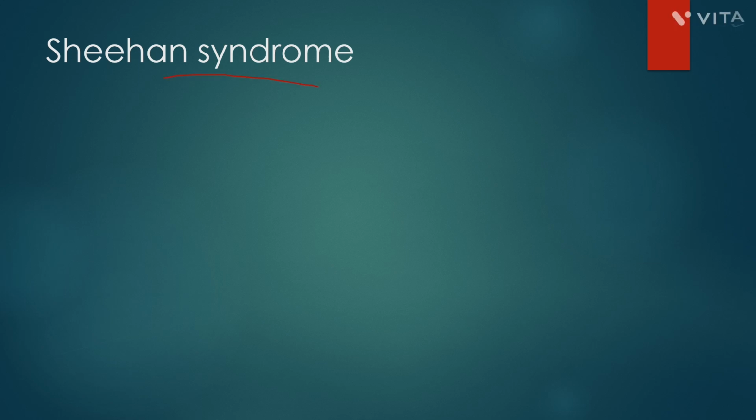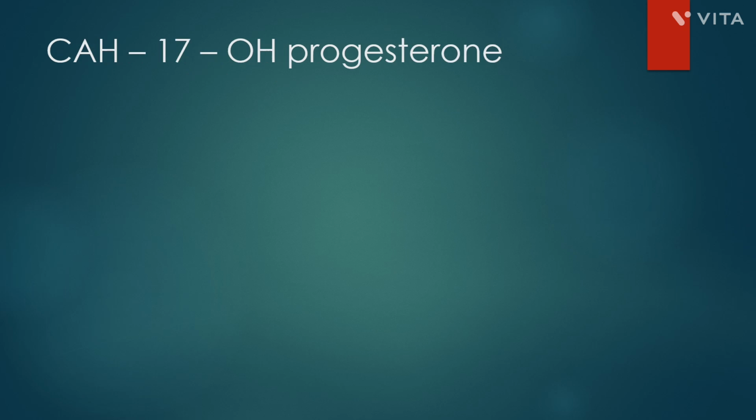Then what is Sheehan syndrome? What is Asherman syndrome? You have to know. Especially in a setting with previous postpartum hemorrhage, think of Sheehan syndrome. Previous D&C and previous DNC and abortion, think of Asherman syndrome. Now, congenital adrenal hyperplasia, what is the investigation of choice? That is 17-hydroxyprogesterone, which will be high.